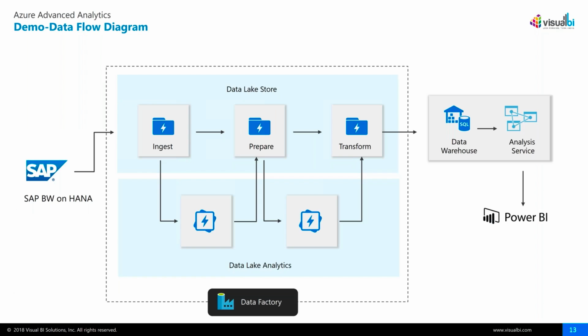All right, lastly, before moving on to the live demonstration, this data flow diagram depicts how we implemented the architecture that I've been talking about. It is meant to be read from left to right. Starting at the far left is our data source, the SAP BW on HANA data source that I've mentioned. The data from this environment is extracted or ingested into our data lake store. It goes into an ingest folder structure that's built into our data lake. All this movement is facilitated by our data factory, so the data factory pipelines are moving this data.